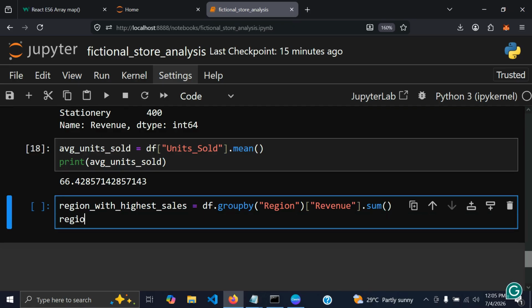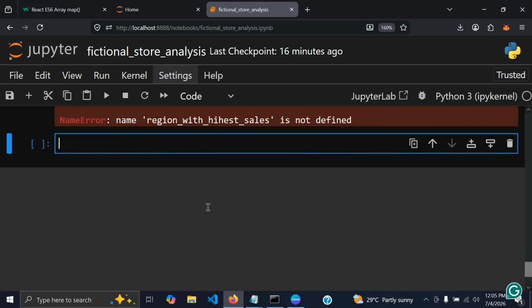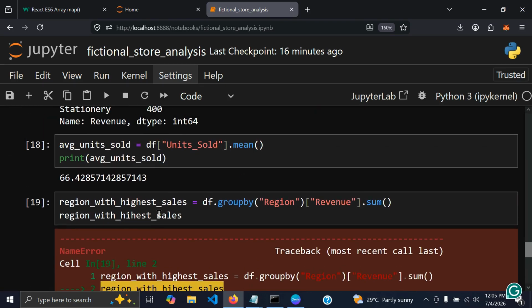So if we want to print out region with highest sales. So for people that are into programming, there is a snake case of writing. We have camel case and all of those guys. So it broke. What broke it? Region with highest